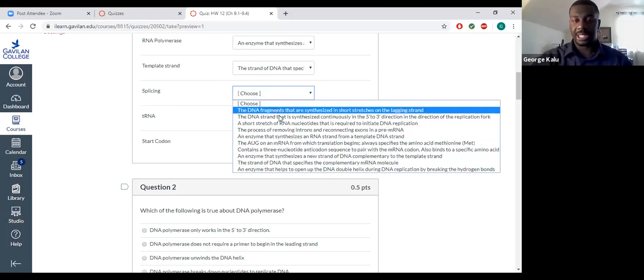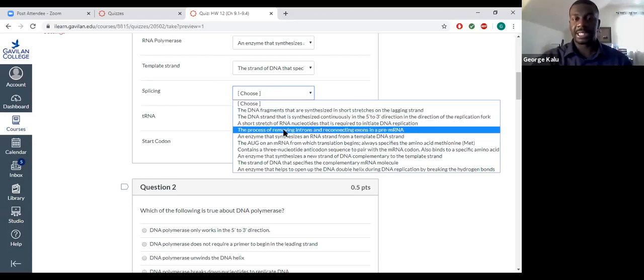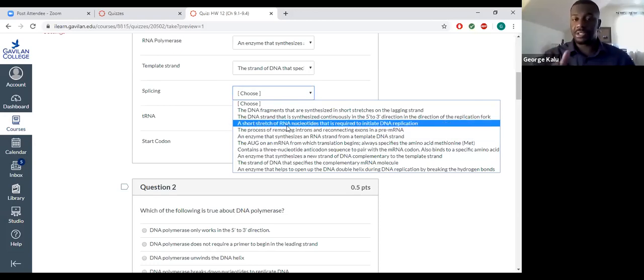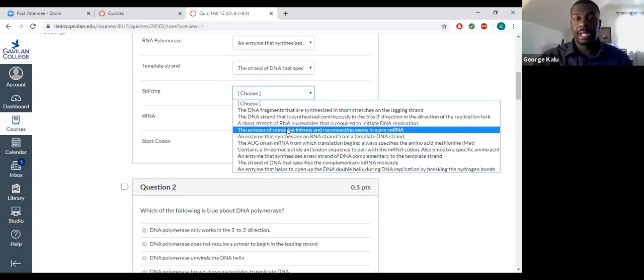Yes, good job, Christopher. Right. So splicing is the process of removing introns and then reconnecting your exons. Okay, and that's going to be found in your pre-mRNA. So remember when we're looking at eukaryotic cells and they're undergoing transcription, there's going to be a bunch of sequences in there that are going to be useful, and there's going to be some that are not